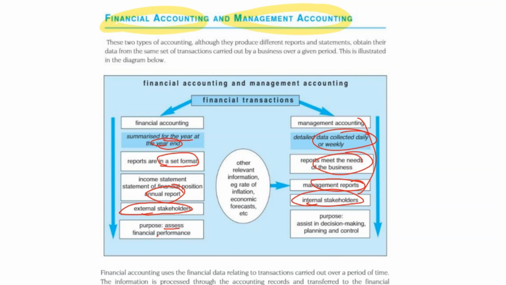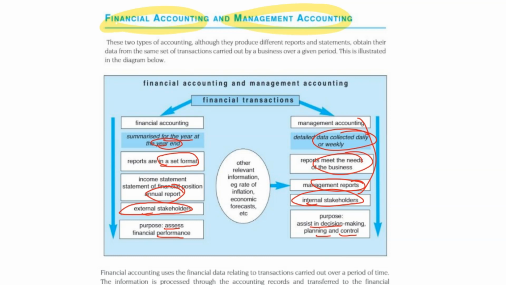What is the purpose? Assess the financial performance. How are they performing? Do they have enough assets, good enough cash and capital, or are they profitable or liquid or not? How about here? Assisting decision making, like planning and controlling, budgeting. You have done a budget. You're doing internal accounting, limiting factor analysis, break-even point, margin of safety. All these are management accounting.